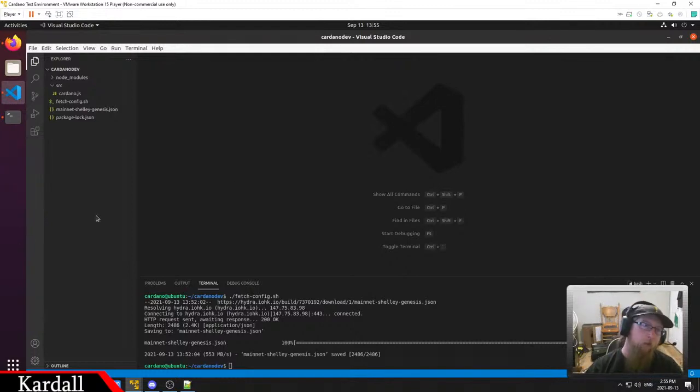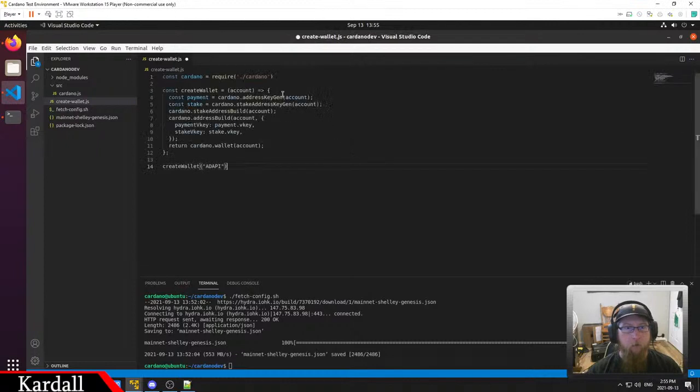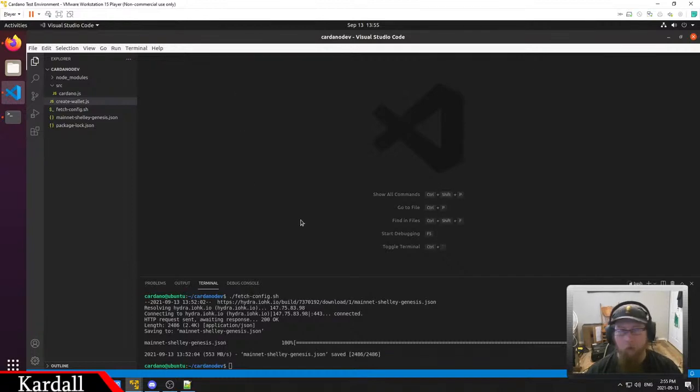So let's just make a file in here. Create wallet. Copy, paste, and this is require source Cardano, and we need to create the wallet, which is called Cardano dev. Alright, so that's going to create the wallet. This will not function until it's synced, so we can't even create the wallet yet. The next step is going to be